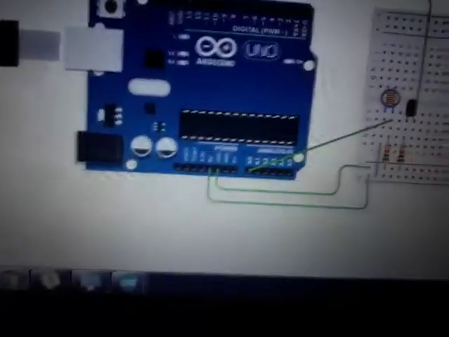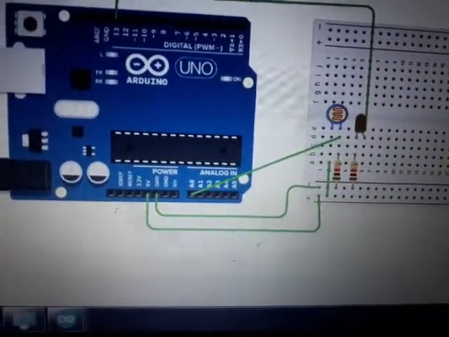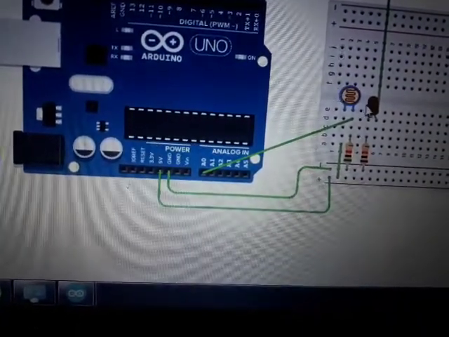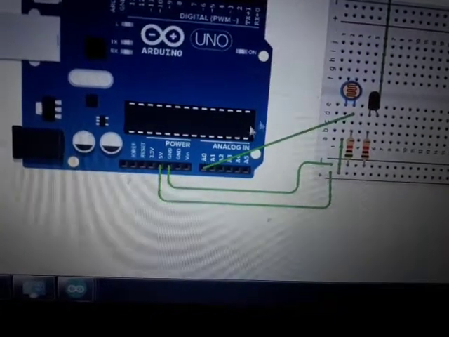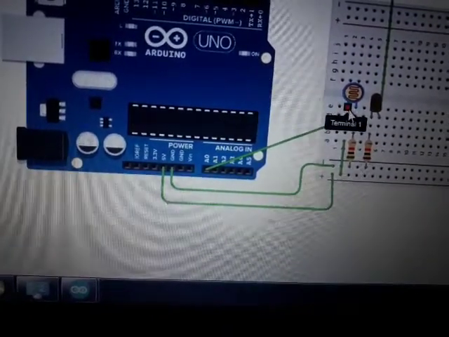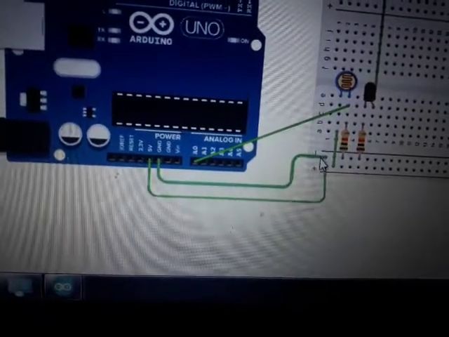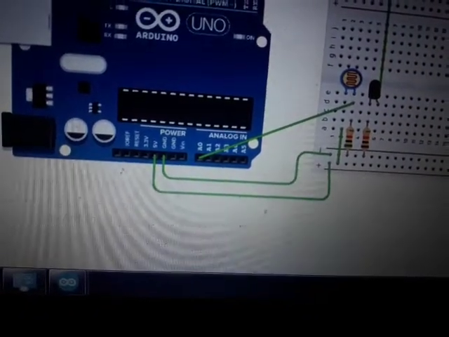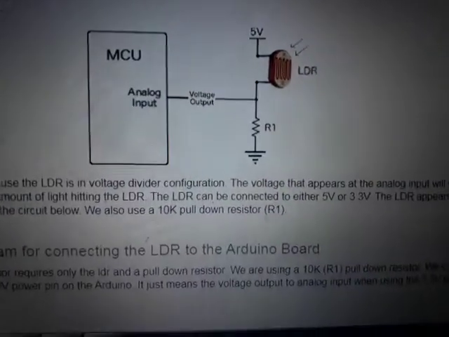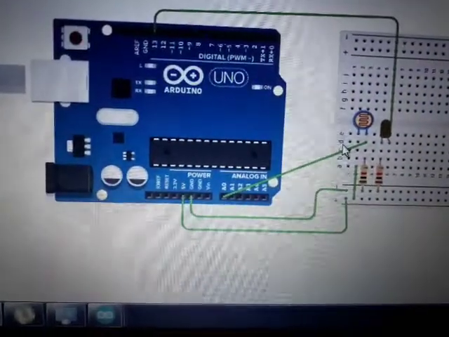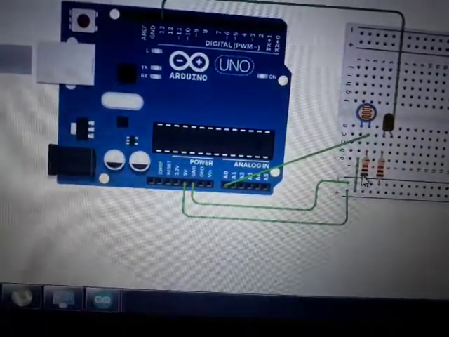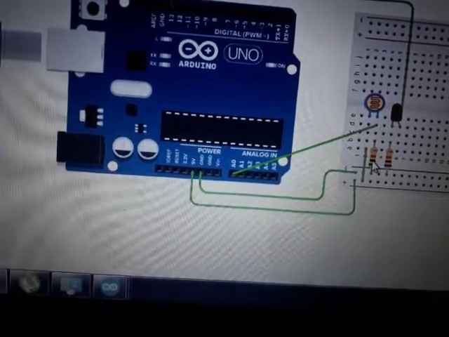So let's come to the circuit. I have taken one LDR and one LED to show this experiment. One part of the LDR is connected to 5 volt, and another part of this LDR is connected to the ground through this resistance R1. This resistance value is 10 kilo ohm.